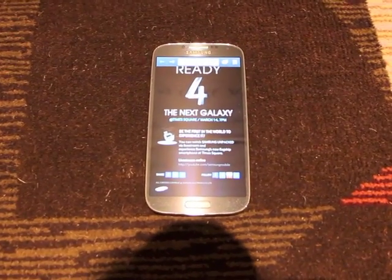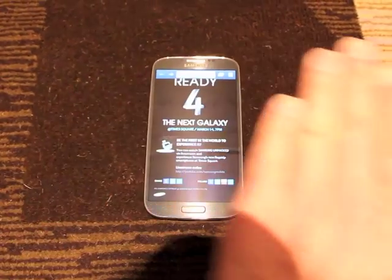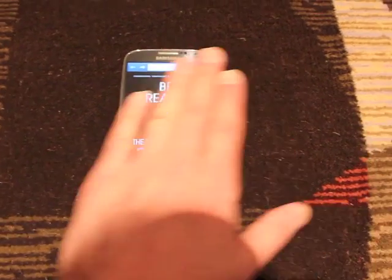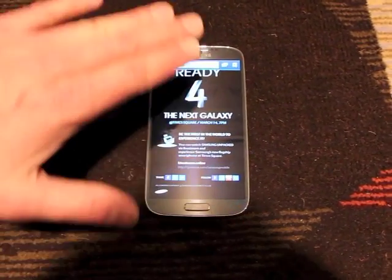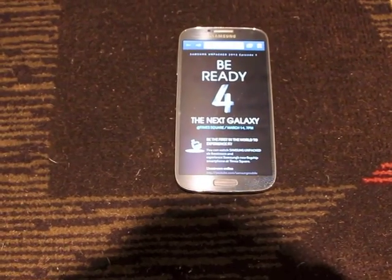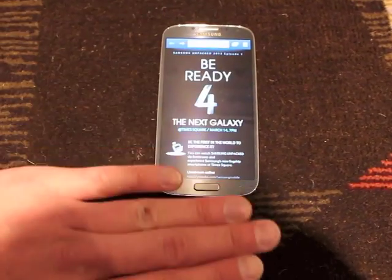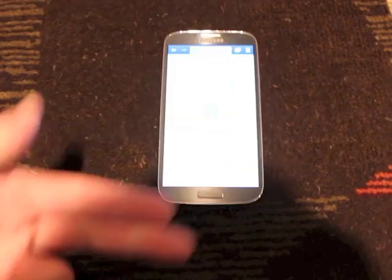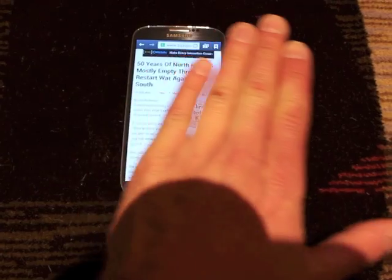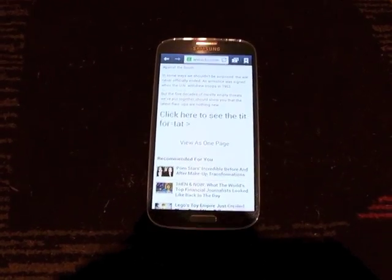One of the really neat features of the GS4 is something called air gesture. So you can, by running your hand across, see if you can get it to work there, you can see that it's going up and down, and we were able to get it to change to a different tab. Not working perfectly here in this demo, but you get the idea. There you see we were able to switch tabs by just passing our hand over the phone. This same gesture can be used to do things like answer the phone if the phone rings,